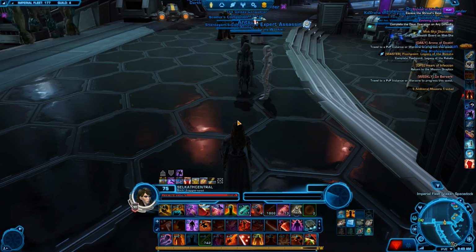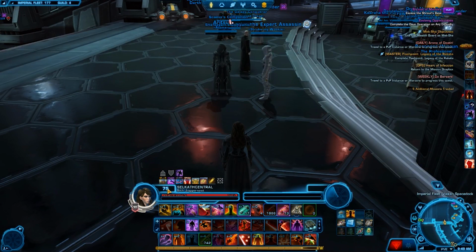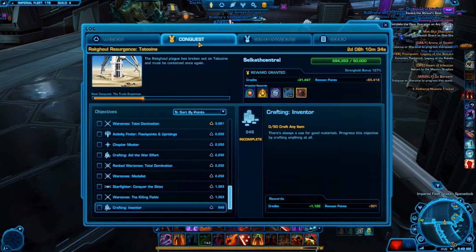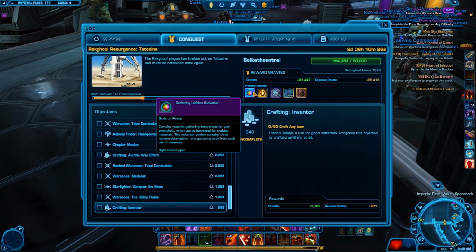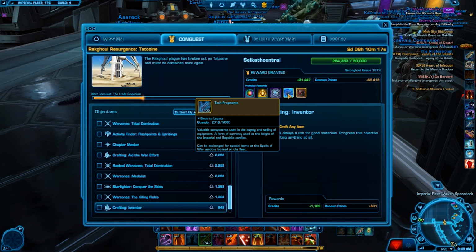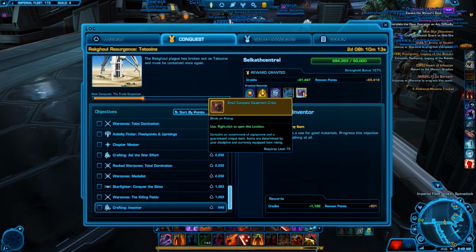Also, I forgot to mention, if you want to get gear and you're level 75, of course, that's when you're getting it. If you're going into the Conquest tab, you can also get gear by yourself if you are level 75. So of course you're getting the usual stuff like the 75k credits, gathering loot box, and also a solid resource matrices, which is really good for crafting, but I will get to that in another video. You will get 100 tech fragments, which you can use, and a small conquest equipment crate, which if you open,